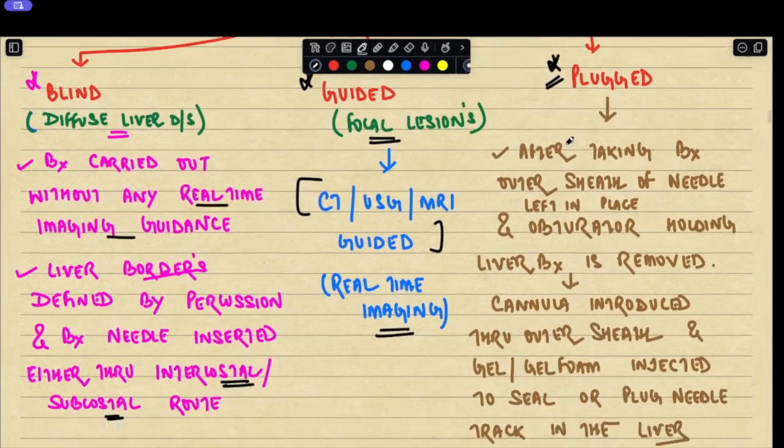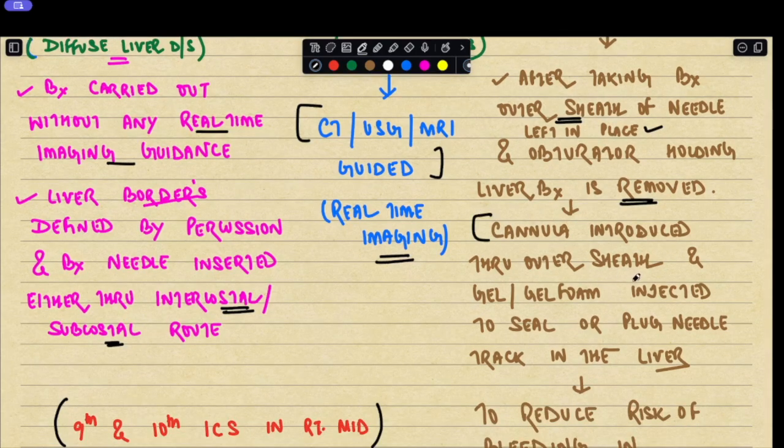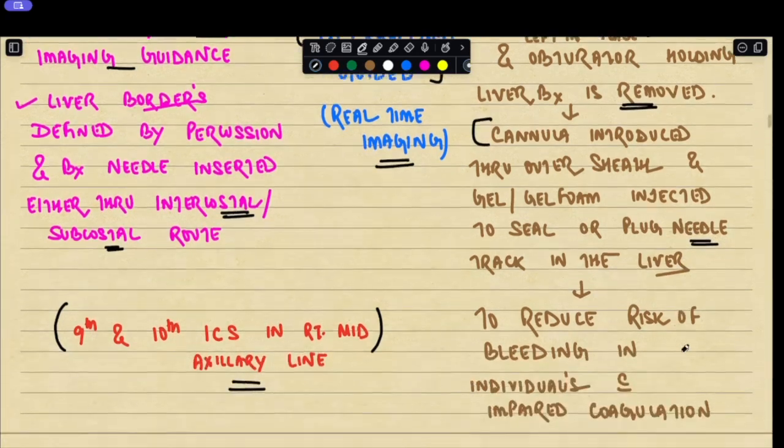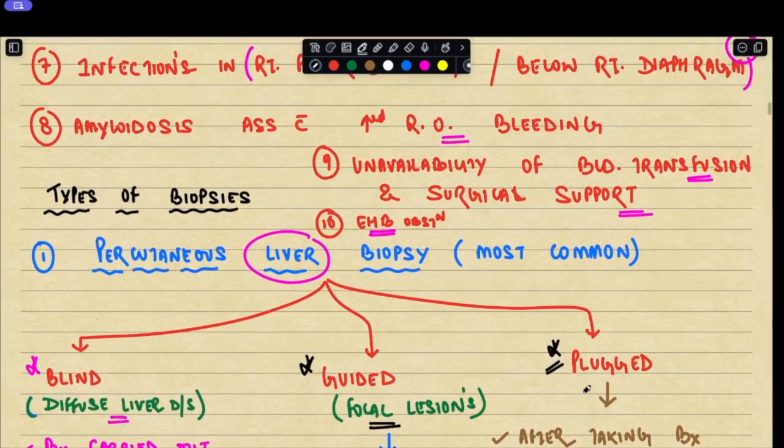As the term suggests, after you take the biopsy, the outer sheath of the needle is left in place and the obturator which is holding the liver biopsy is removed. Through this outer sheath, a cannula is introduced and a gel or foam is injected to seal or plug the track in the liver. This is done to reduce the risk of bleeding in individuals who have impaired coagulation. I hope this point is crystal clear to everyone. So percutaneous liver biopsy is the most common method of taking the liver biopsy, and it can be blind, guided